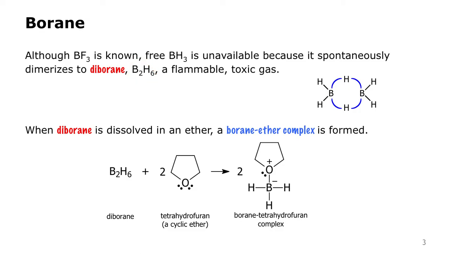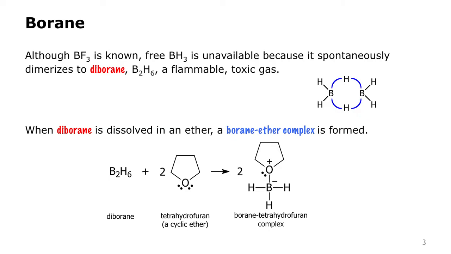The structure of that compound has been heavily studied because it's extremely unusual and contains these bridging hydrogen bonds. The structural aspects of this compound are a bit beyond the scope of this course, but it turns out from an organic chemistry point of view, we don't really need to understand the structure of this